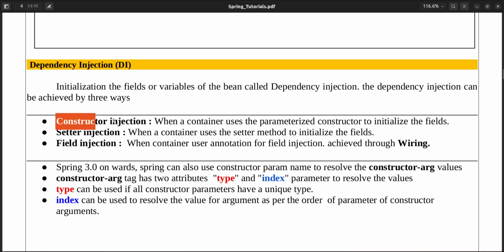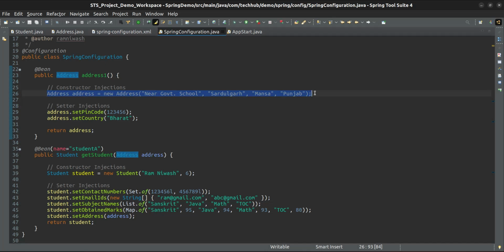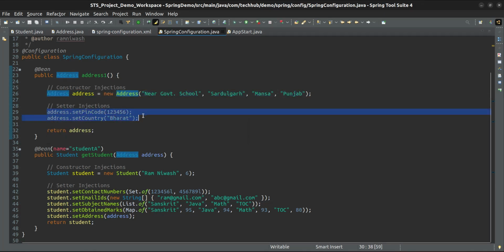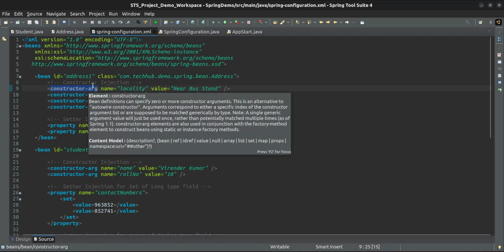One is constructor injection, another one is setter injection. Constructor injection is this one, where we use a constructor to initialize the dependency of a bean, and when we use the setter method to initialize the dependency of a bean, it is called setter injection. And if you see the XML configuration, here also we will use the constructor arg tag